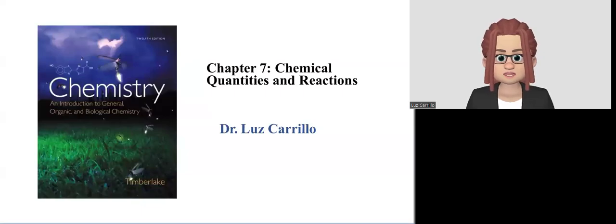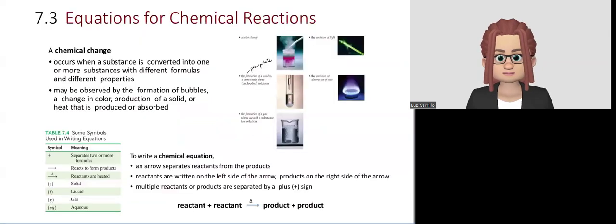In this video, we're going over the concepts of Chapter 7, which is titled Chemical Quantities and Reactions. In this chapter, we are going to start by looking at equations for chemical reactions. Chemical reactions are another word that we can utilize for chemical change. The definition of a chemical change is that a substance is going to be converted into one or more substances